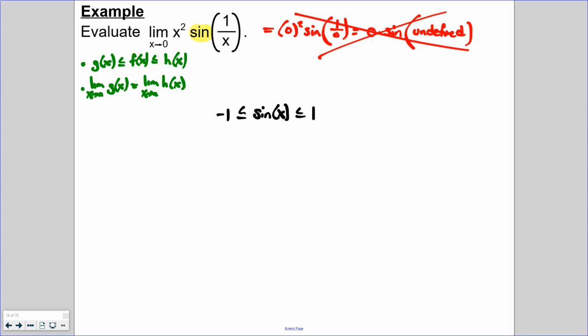We're going to start with sine. And from there, we're going to eventually end up building our entire function. And when we build that entire function, that's going to give us the lower limit and the upper limit. So let's go ahead and start building. So I can rewrite -1 is less than or equal to sine of x is less than or equal to 1 as -1 is less than or equal to sine of 1 over x is less than or equal to